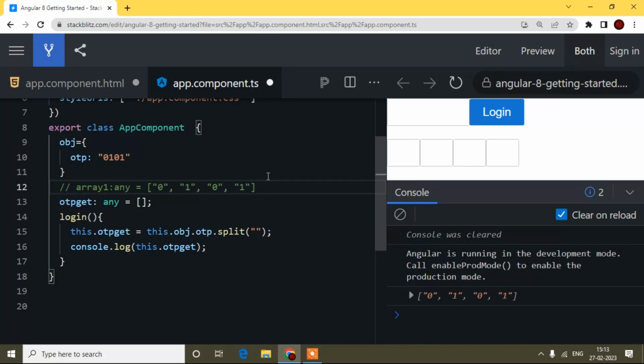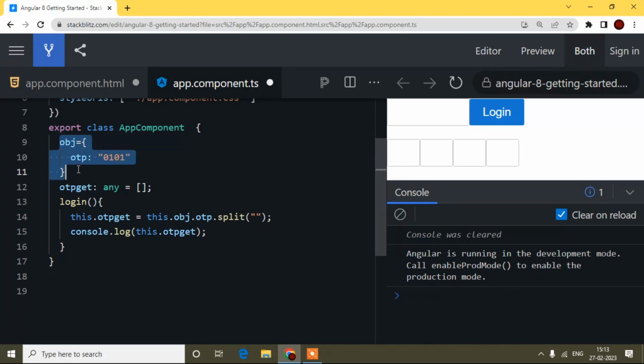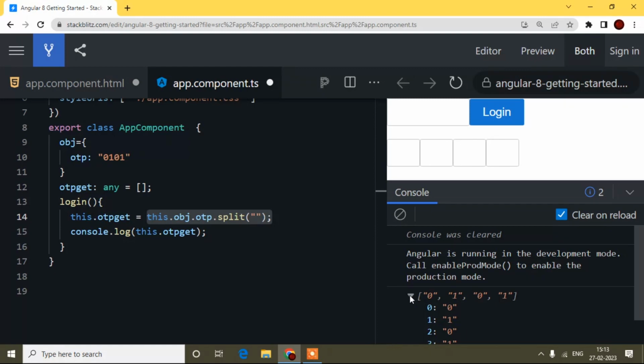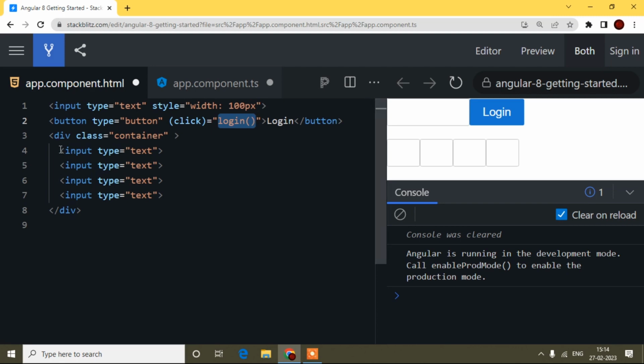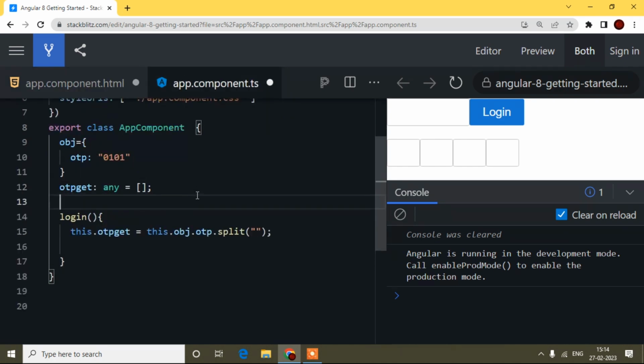Now I'm just assuming I'm getting it this way. When I'm getting it this way, this code will convert it to an array, this array. So while I'm getting it this way, I can easily put this value here. Now the main target is how to put this one. So here I will just remove this console log because it is not required. And now I have to add those OTP values in the input fields. So I will take another variable, and I will name the variable input field. By the way, you can write any name for those variables.